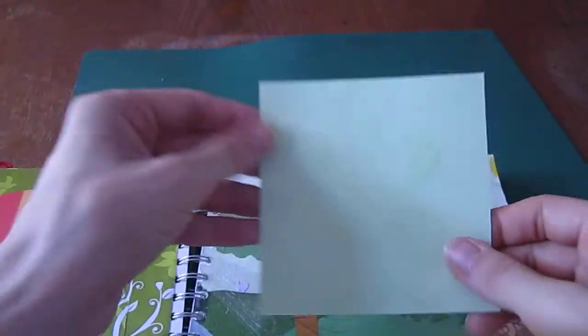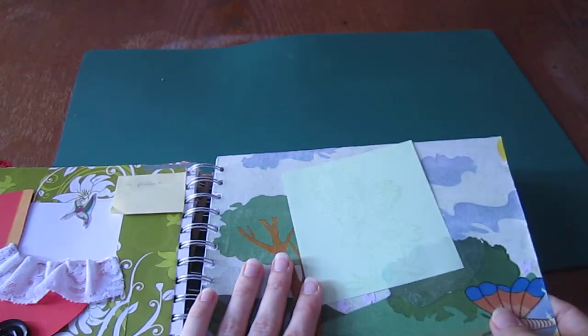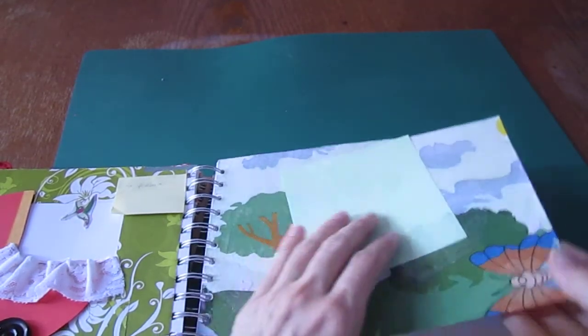And this I got in a swap where we were supposed to send some quick stuff that we thought the partner would enjoy. And I got this fairy stamp that I stamped in Versamark. I don't know if you have... It's a girl in Netherlands. I don't know if she has a YouTube channel, but if she does, I absolutely loved it, and I thank you so much for it. This is